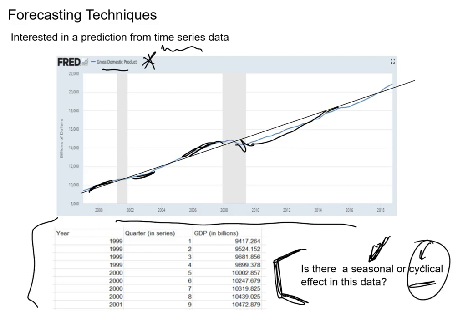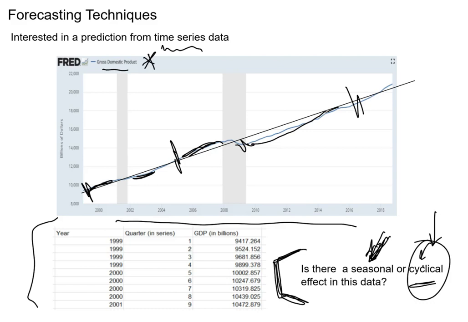There's a cyclical pattern, but notice that this stretch of up and down is a totally different time window than this one, right? This was a very short, just a couple of years up and down, whereas this up and down and back up has stretched out over a much, much longer time period, right? So seasonality, we think about it as year to year. We're always seeing this effect. And a cyclical, it's still got the up and down